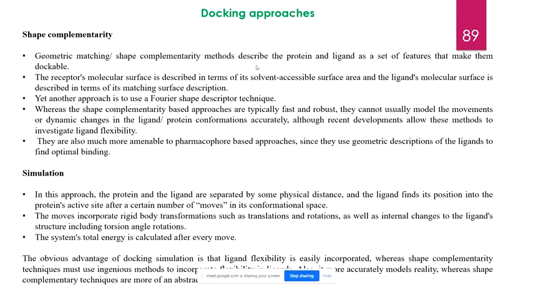Whereas shape complementarity is obviously a more abstract idea, where you are not taking into account the flexibility of the ligand. But clearly simulation is computationally expensive because it has to explore a large energy landscape. For this, various methods have been developed, for example the grid based technique, the optimization method, and the increased computer speed that have made docking simulation more realistic.